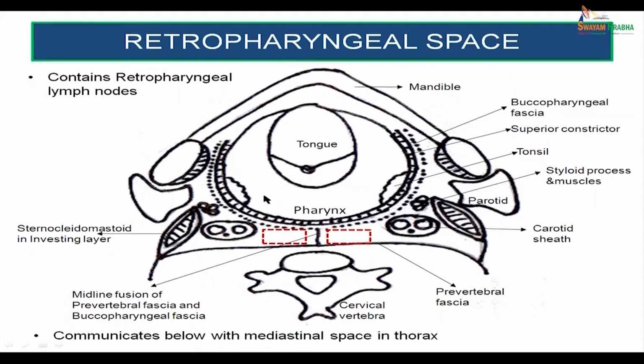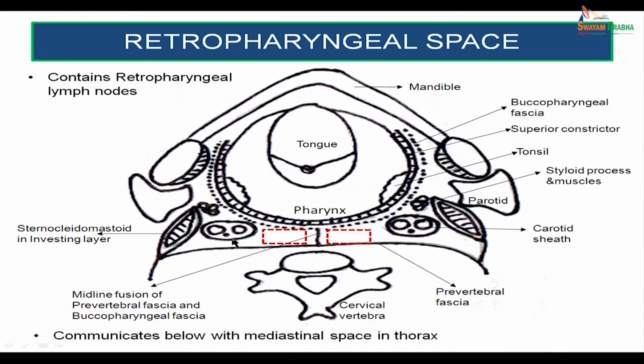Laterally we have the tonsils and anteriorly we have the tongue. Then coming outside, this is the mandible, the base of the mandible, this is the ramus of the mandible with the attached muscles, this is the parotid gland, and coming behind, this is the sternocleidomastoid muscle with the covering of investing layer of fascia. Medial to that is the styloid process with its muscles attached, and behind that is the carotid sheath with its